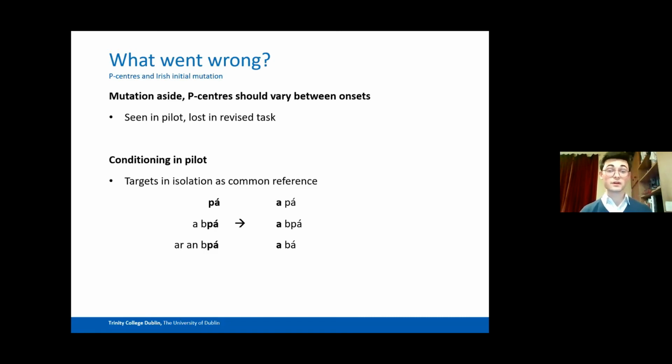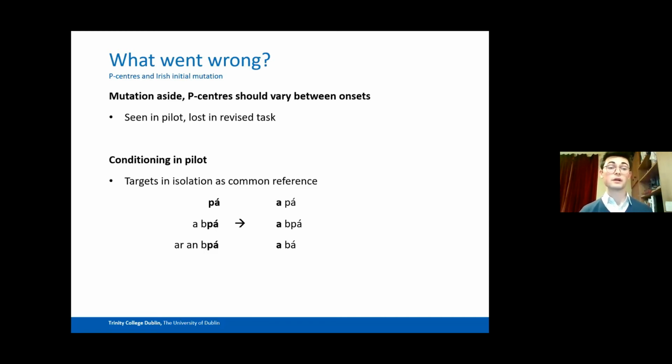When this was scrubbed in the second iteration of the task, structure was also homogenized. This was intentional, but its knock-on effect was not intentional, which is that participants stopped focusing on the target lexical items because they were no longer particularly interesting from a structural perspective. Instead they began synchronizing metronome beats because they had been directed to assign only one metronome beat per phrase. They began just aligning their metronome beats with the phrase as a whole,